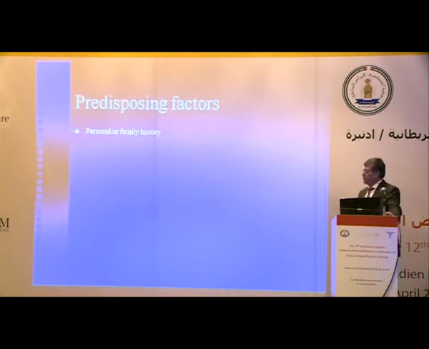What about the predisposing factors? There are many predisposing factors for non-Hodgkin lymphoma. The most important one is the personal or family history, and I mean by that patients who are taking chemotherapy or radiotherapy. And it's very important to know that in certain cases of breast cancer, when they are exposed to radiotherapy, they can develop lymphoma. The second one is, as I said, both chemotherapy and radiotherapy. The second one is organ transplant.